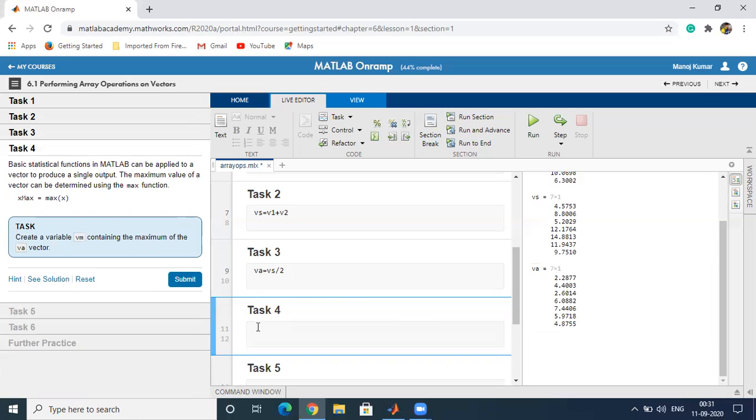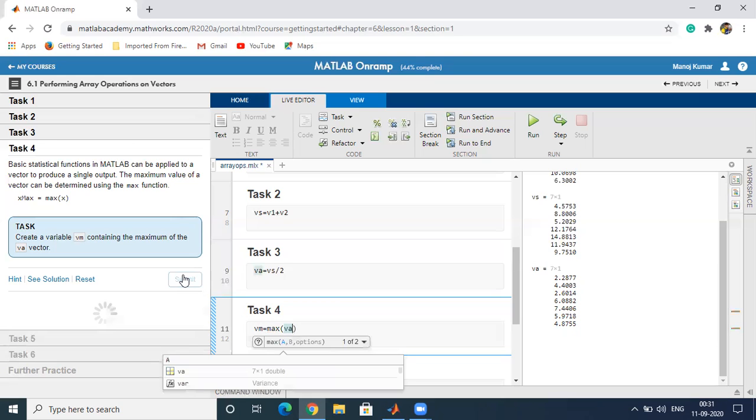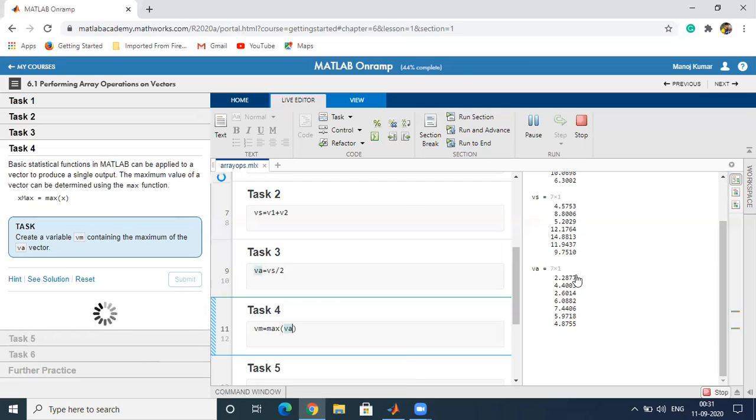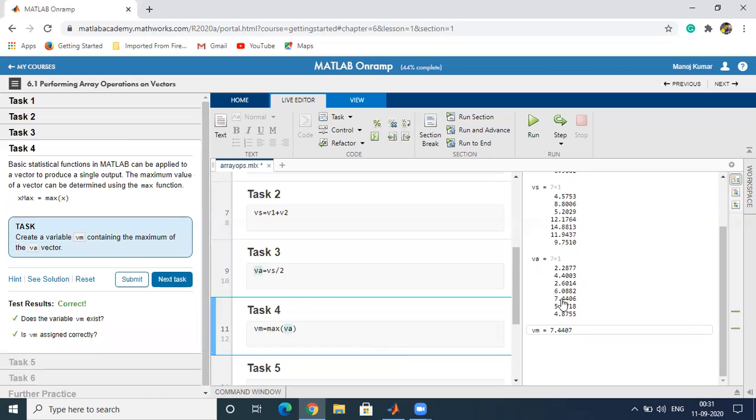Create a variable vm which contains the maximum value of the vector va. It will calculate the maximum value of the vector va. You can see the maximum value is 7.4406. Click on the next task.